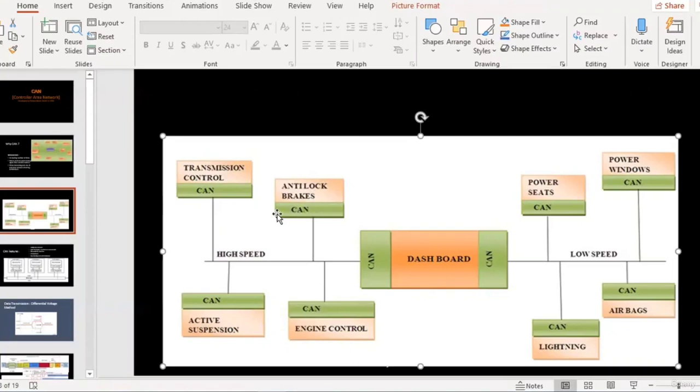If the time taken to react on a braking event is more than fractions of a second, then somebody could lose their life. So anywhere in the car, when the information has to be communicated at a very high speed, or the results could be disastrous or catastrophic, then they have to be connected to the high speed CAN line. The low speed CAN line is basically for issues like power steering or lighting or infotainment.